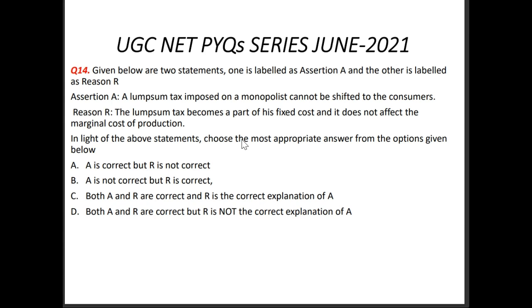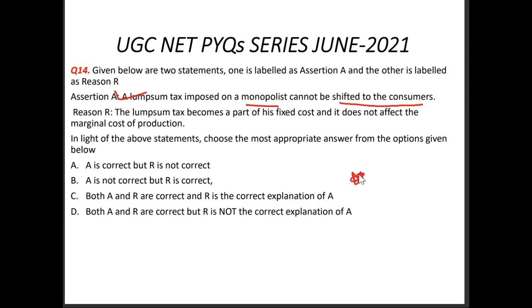Question, assertion and reason again: a lump sum tax imposed on a monopolist cannot be shifted to the consumer. This question came in this paper before, in the series we did earlier, part 1. Yes, a lump sum tax can never be shifted to the consumer, because